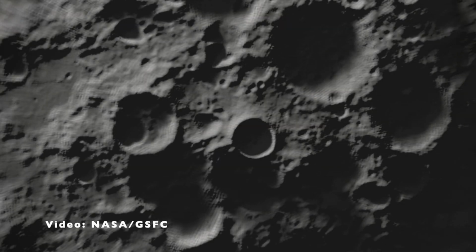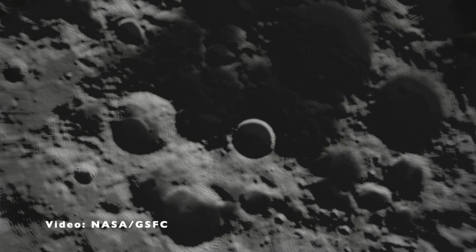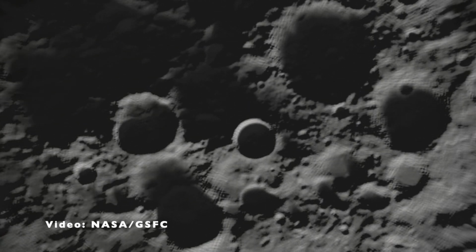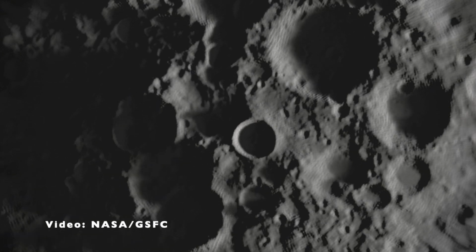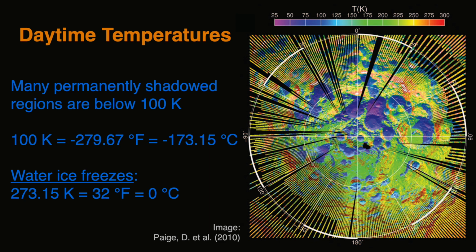In this video, Shackleton Crater is in the center. What you will notice is that as the Moon orbits the Earth, different parts of the Moon receive sunlight. However, the floors of certain craters, such as Shackleton Crater, never get sunlight. That is to say, they are permanently shadowed. Not receiving any sunlight means that floors of certain craters are very cold.